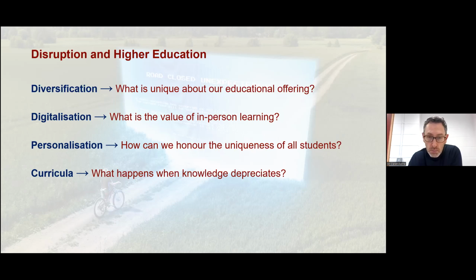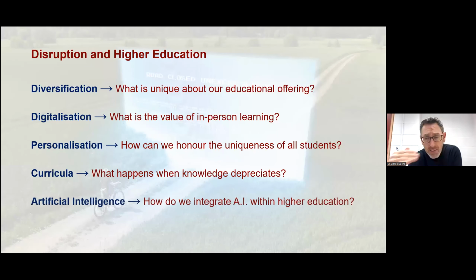It's not to say that knowledge isn't important, but it's about what we do with it. And the skills can help us with that. And then, of course, the big thing at the moment and in the future, I think, will be AI, the impact of AI on higher education, the learning journeys of individuals. And we're right at just the tip of the AI iceberg. How is it going to impact higher education?